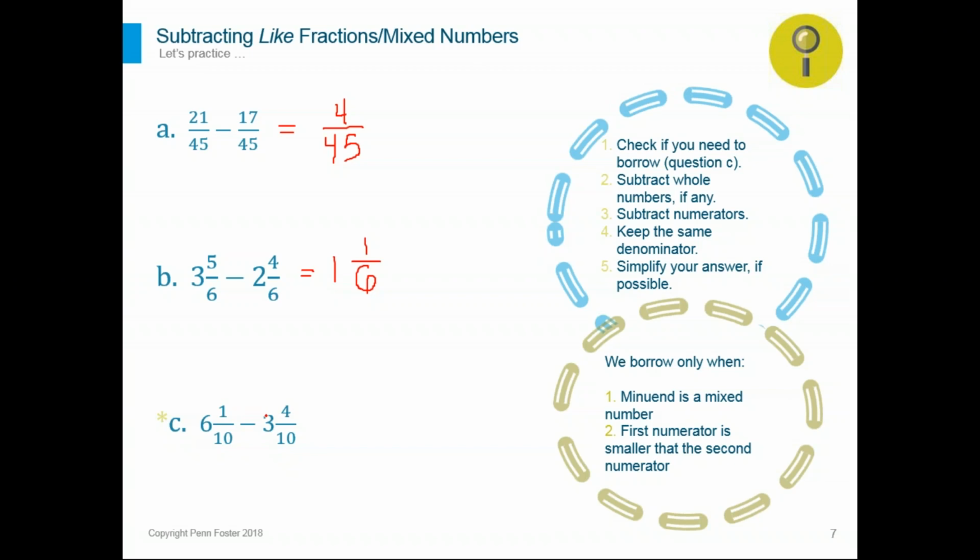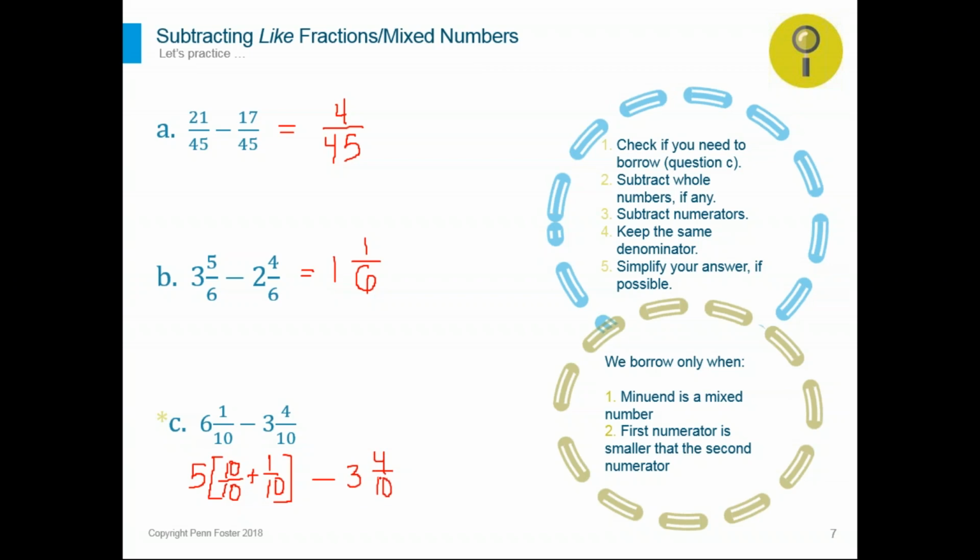The way we're going to borrow is we have to take a 1 out of the 6. The 6 will go down to a 5. And then the fraction part for that first mixed number will consist of two fractions. The one I borrowed, I can rewrite it as 10 over 10, which is a 1. And then plus the original fraction, 1 over 10. These two fractions are the fraction part of the mixed number, minus, we still have to subtract 3 and